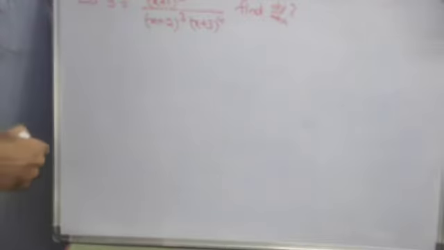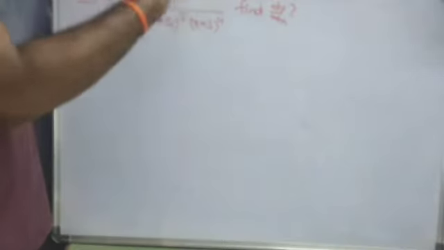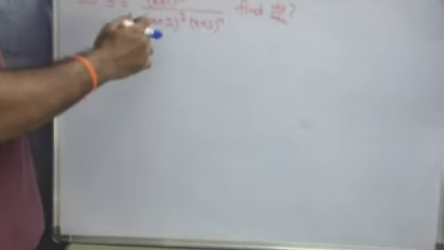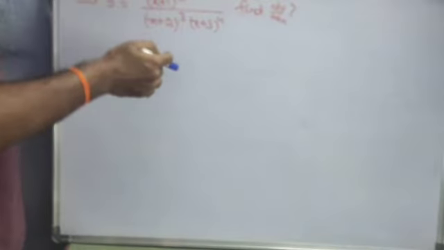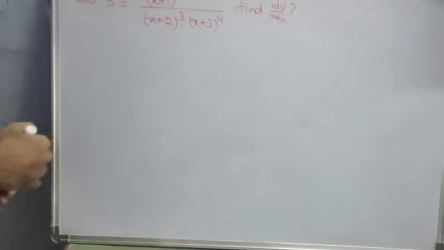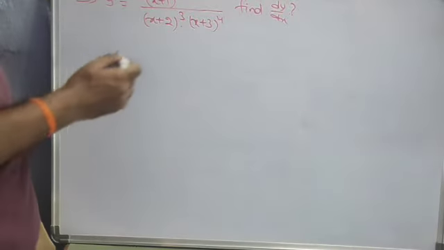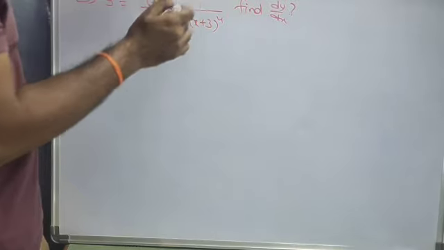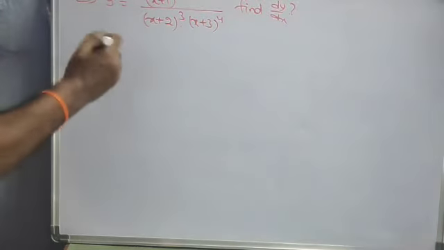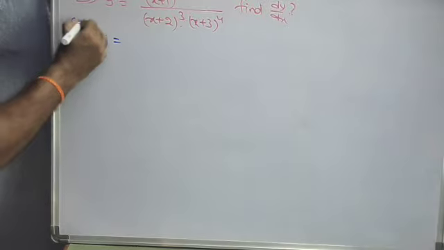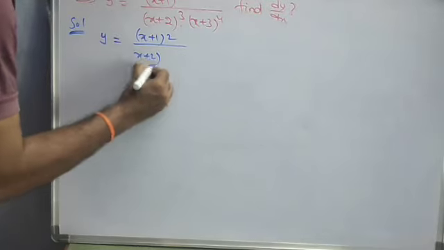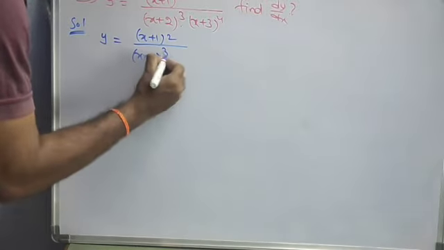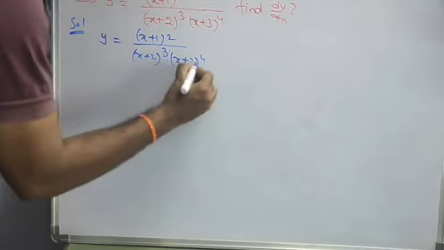You just observed here. Suppose if we are using the u by v formula, this value whole square like this, that means internally we have to use the uv formula. Okay, and we are getting more steps. So that's why in this case, if you observe that in the numerator also some functions are there, in the denominator also some functions are there. So I'm taking solution, y equal to x plus 1 whole square by x plus 2 whole square whole cube into x plus 3 whole to the power of 4.